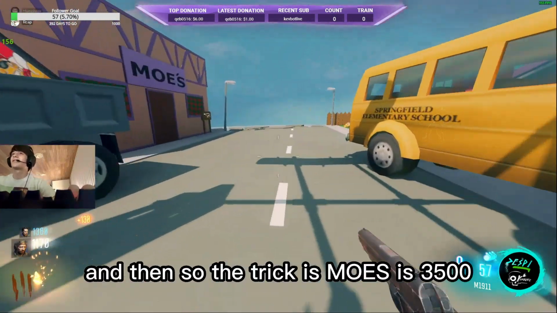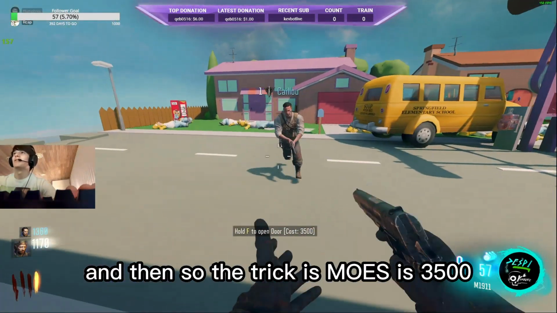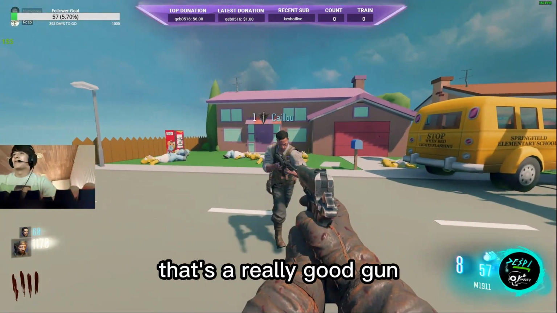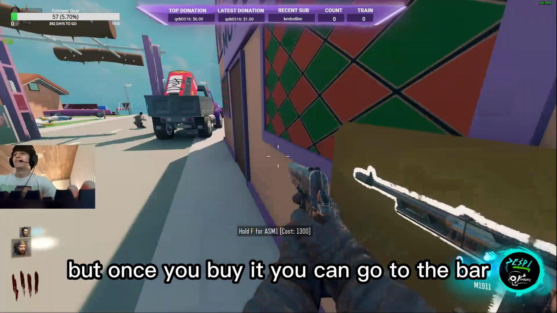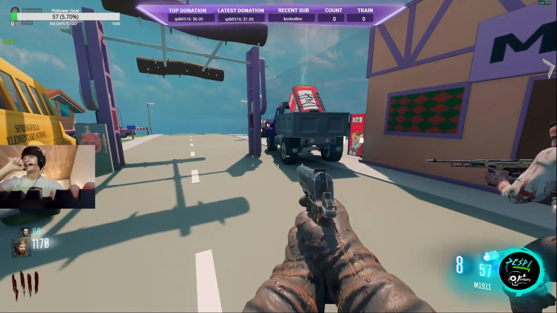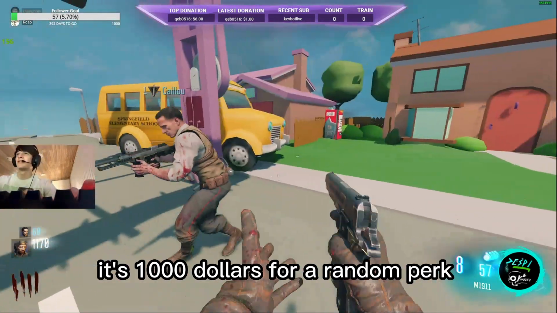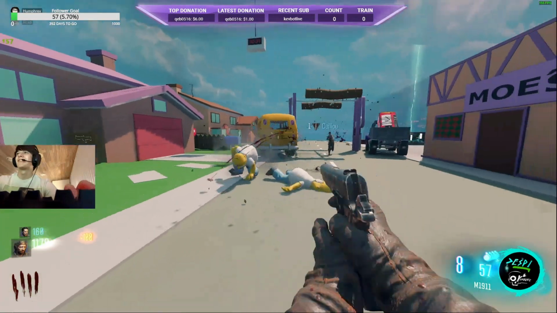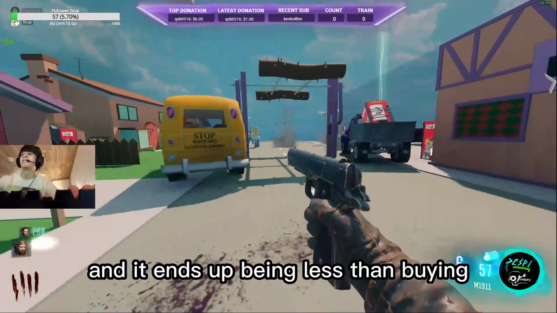And that will really help you stay alive. The trick is, Moe's is 3,500. Oh yeah, that's insane. That's a really good gun. But once you buy it, you can go to the bar. And it's $1,000 for a random perk, but I just spam it when I get money. And it ends up being less than each